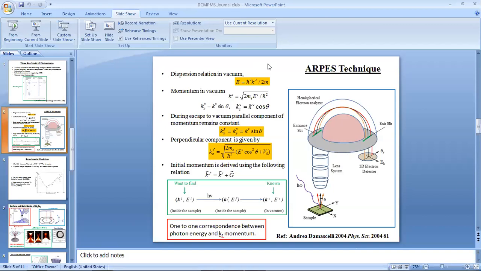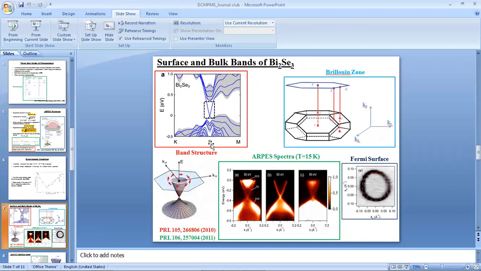In your curve, I can see that the band structure from gamma to K point is like this, from gamma to M point is like this. So in a typical E-k diagram, you can say that. So how do you decide whether it's along gamma to K or gamma to M? How do you decide that in experiment?